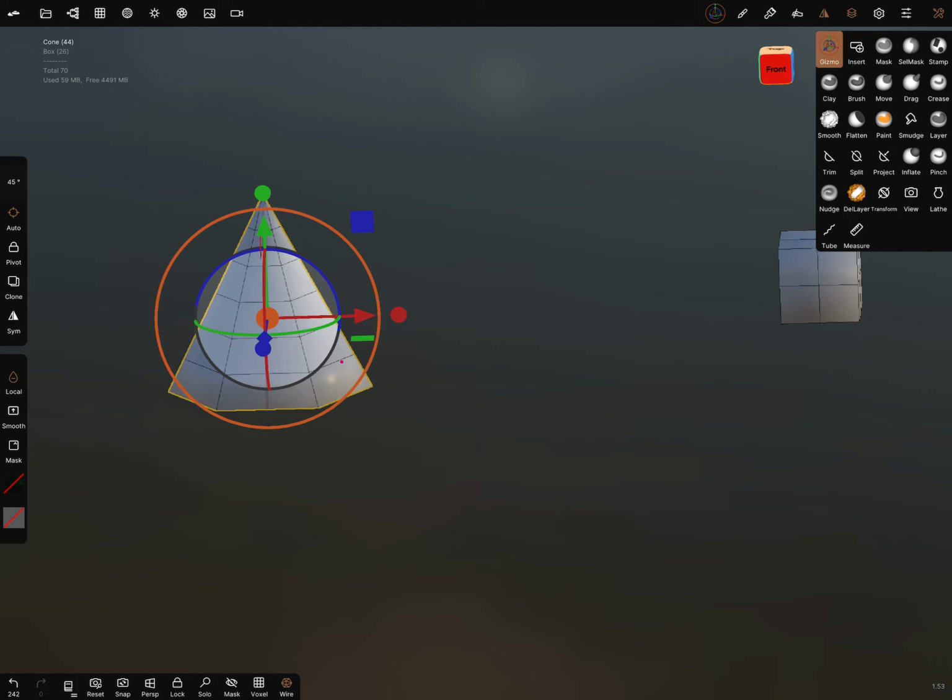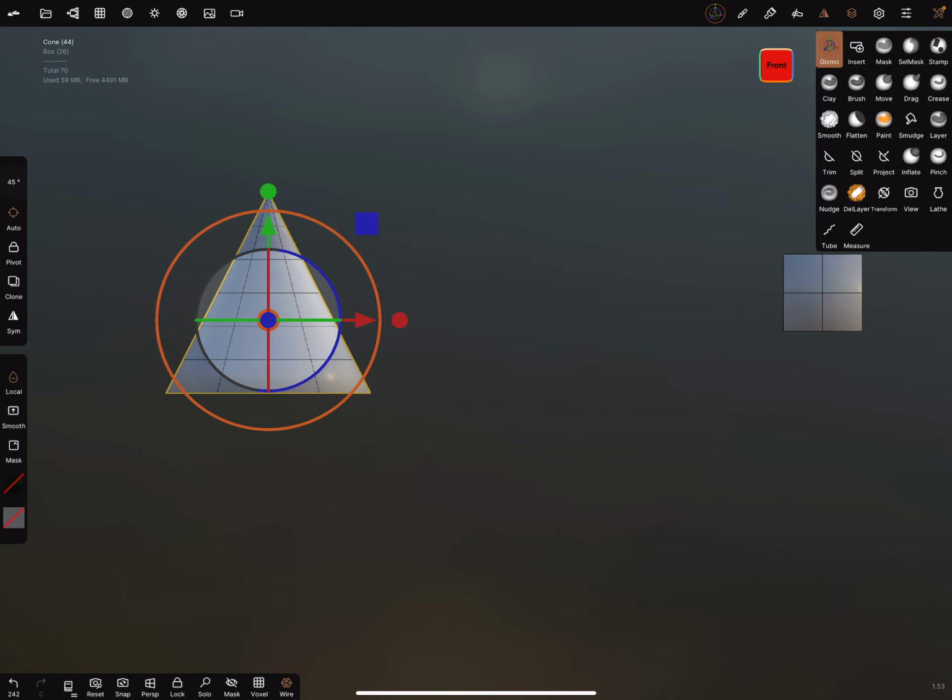And now the pivot should be in the right place you need to rotate. Okay, sorry, that's not so, because the pivot jumped inside the cone, and the cone is now active.